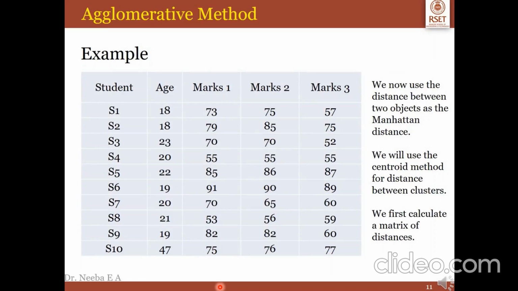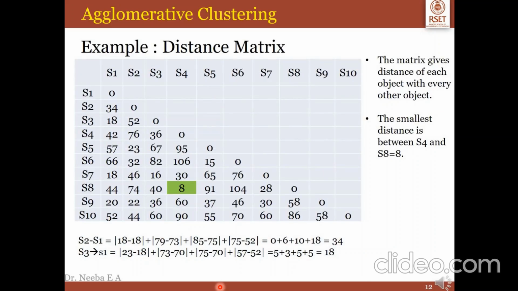We now use agglomerative clustering for clustering the data given in the example table below. This data is reproduced as the same which is used in k-means also. We will be using the Manhattan distance to do this problem, and we'll use the centroid method to find the distance between clusters. We will first calculate the distance matrix. In the distance matrix, we allocate each point to a cluster and compute the distance matrix using the centroid method. The distance matrix is symmetric, so we will only show half of it.